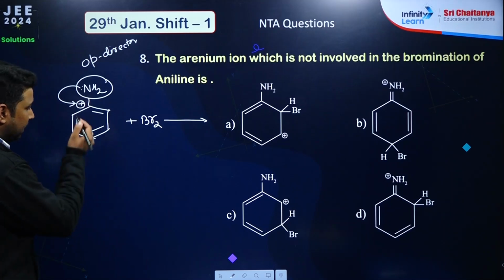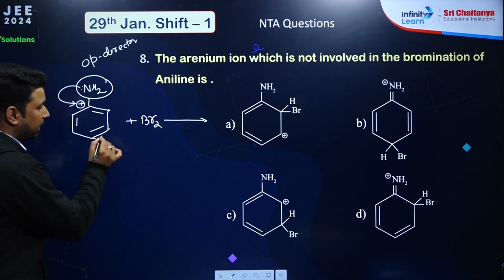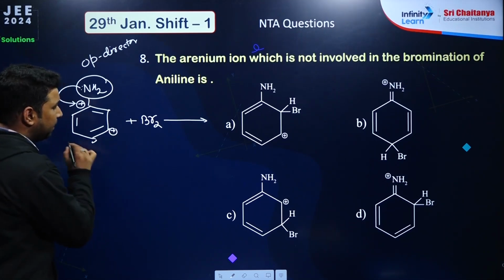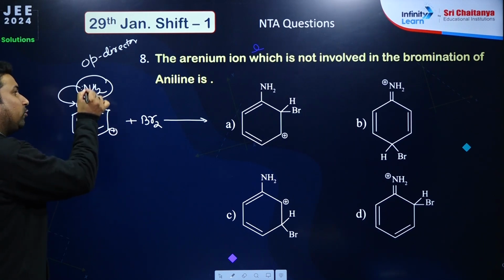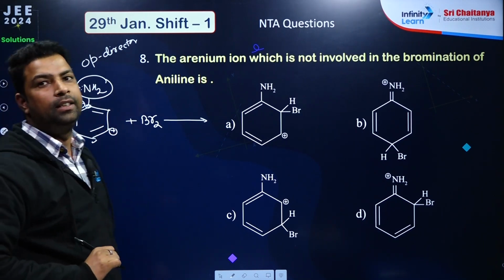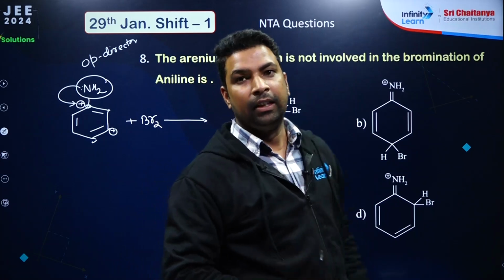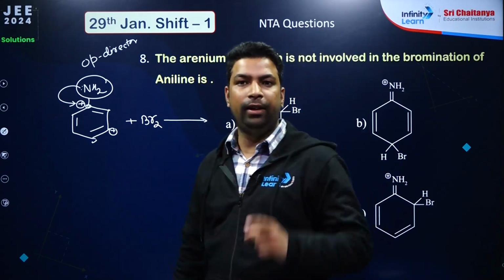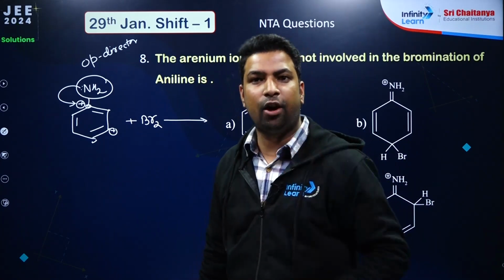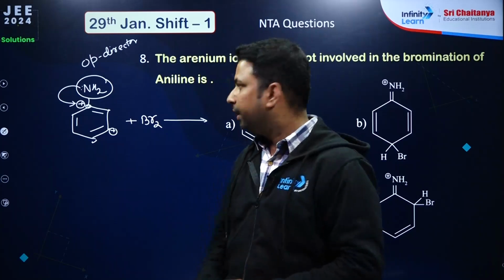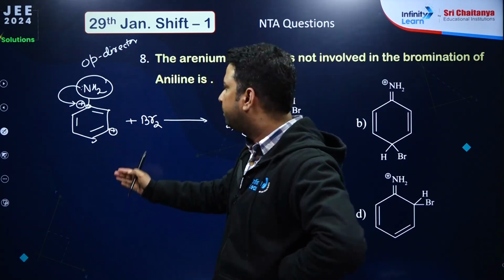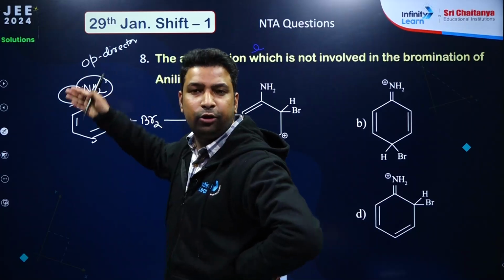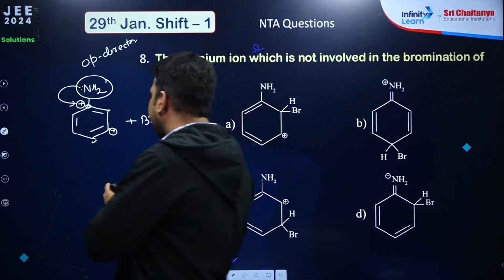Okay. Similarly, if Br attacks on this carbon, the plus charge will appear on that carbon, and after resonance it also appears on the carbon which is connected to NH2, and again it will be stable by back bonding. So the directivity of a group will be decided by the stability of the Wheland complex. So if the electrophile attacks on ortho and para, it will be directly stabilized by the group NH2. NH2 will directly stabilize, but it cannot attack on